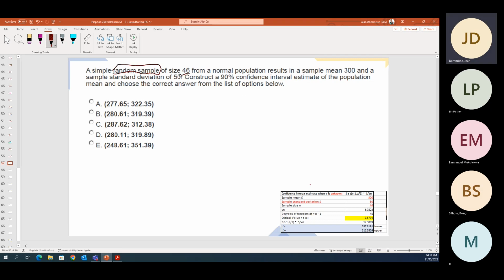of size 46 from a normal distribution results in a sample mean with the sample standard deviation of 15. Okay, so definitely not Z. We're working with a T because it's sample standard deviation. So the population standard deviation is unknown. Okay, so then let's just see. When it's normally distributed, we will need to go to the T table. So let's do